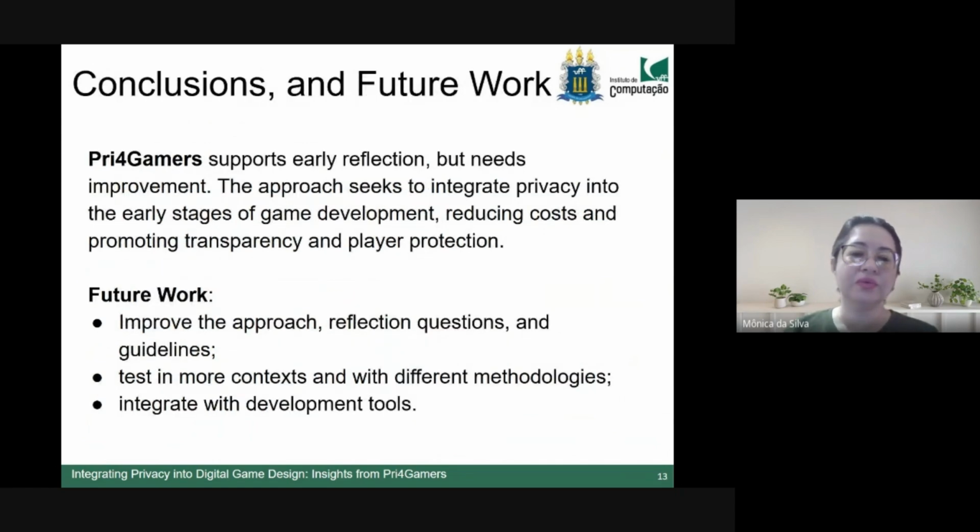In our concluding thoughts, we observe that, as stated, this approach genuinely aids participants in contemplating privacy matters, to consider the problem. However, it is still an approach, an initial phase that requires further studies and a deeper understanding from game designers, because they must desire and pursue this to achieve their development goals. Therefore, this approach does help foster greater transparency, which could also provide better privacy protection for players in the future. But it needs to be addressed from the initial levels.